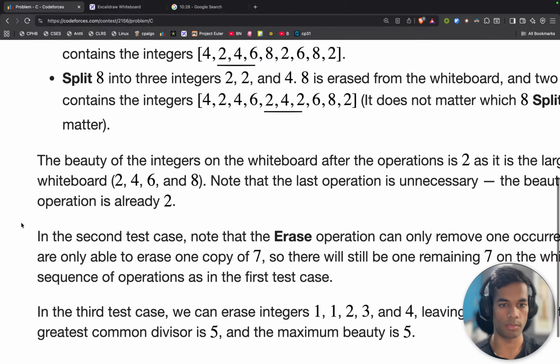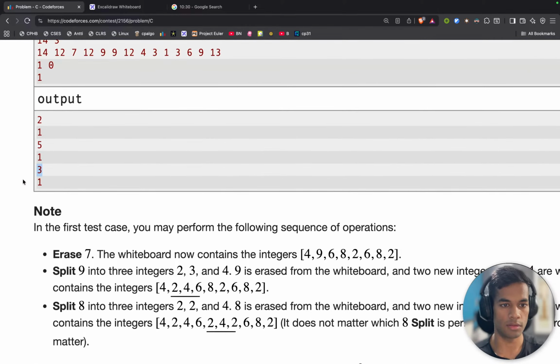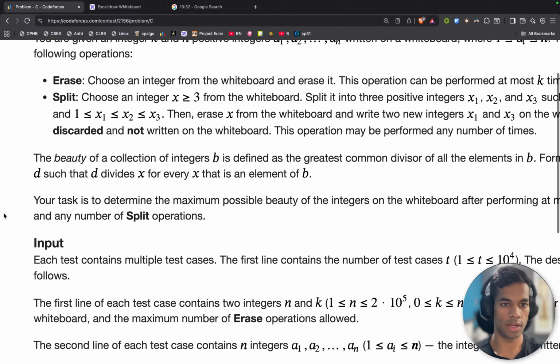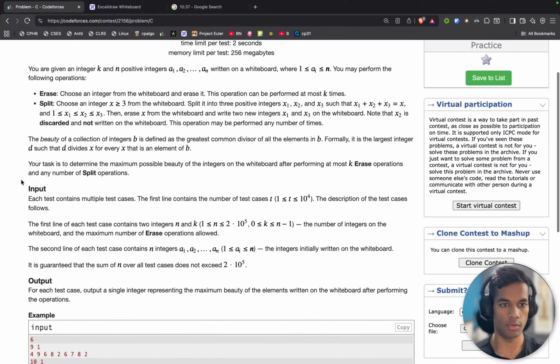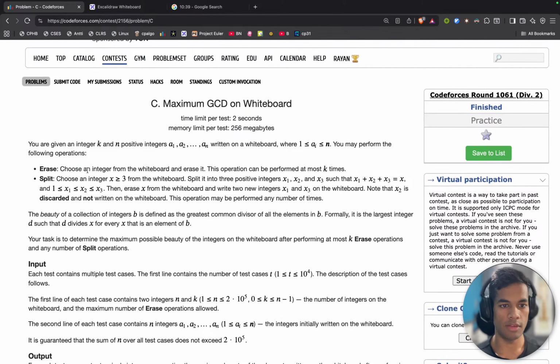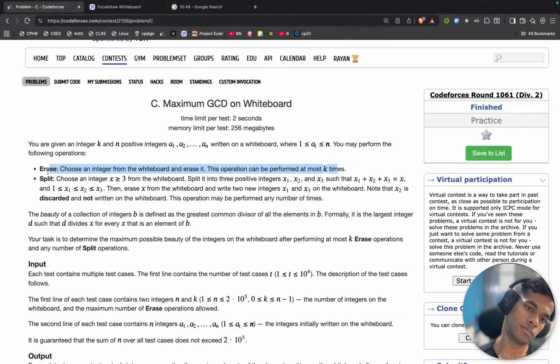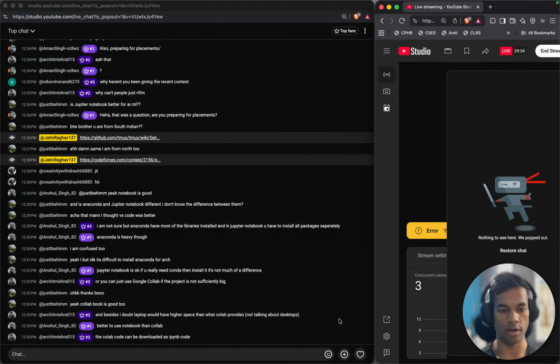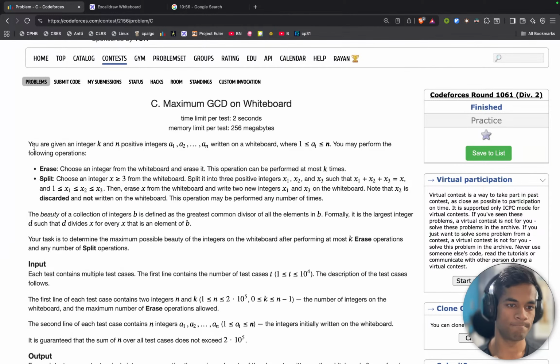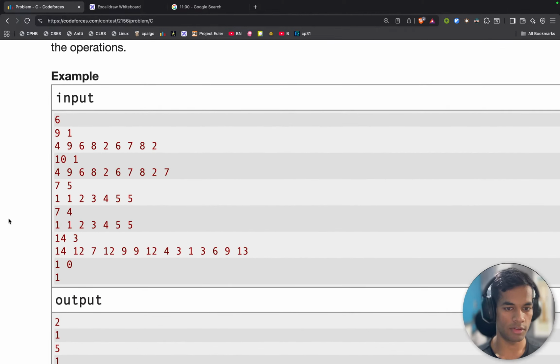So, but this does not make sense. Why is the maximum GCD still 3? We would be able to make 14 the maximum GCD if and only if, in this erase operation, when we are choosing an integer and erasing it, the operation can be performed at most k times. So we can remove only one occurrence of that integer, or all the occurrences of that integer. And if we cannot remove all the occurrences of that integer,